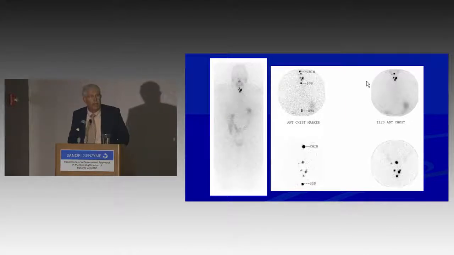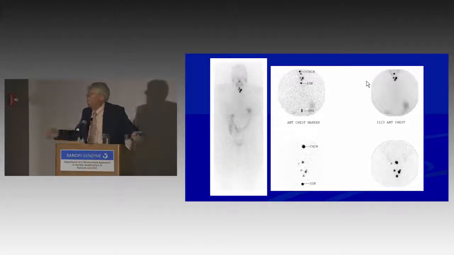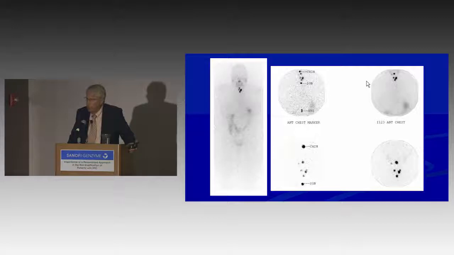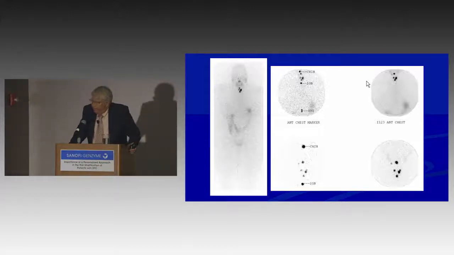Now, I don't believe I have the ability to direct an arrow on the screens, so I will walk you through this. This is your standard whole body radioiodine imaging, could have been performed with I-123 or I-131. You will see the outline of the head, little activity in the salivary glands, little activity in the middle of the head, the face, which is actually uptake that can be seen in the nose. And there's 1, 2, 3, 4, and I think most of us would agree, focal areas of uptake in the